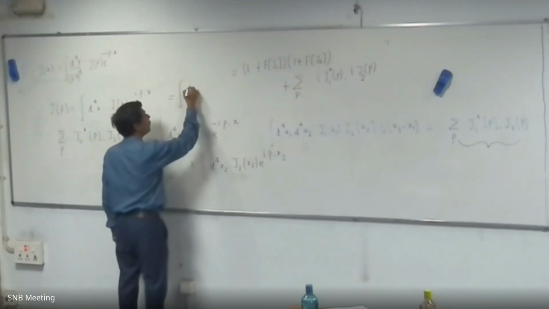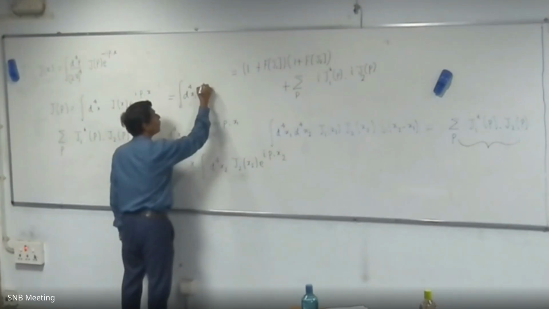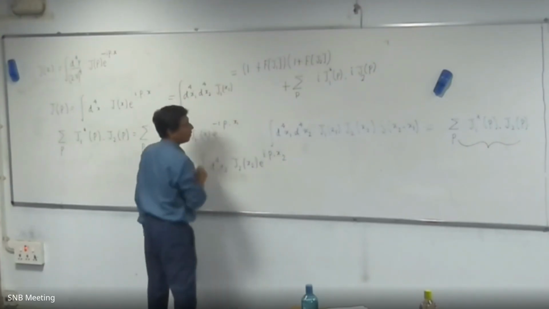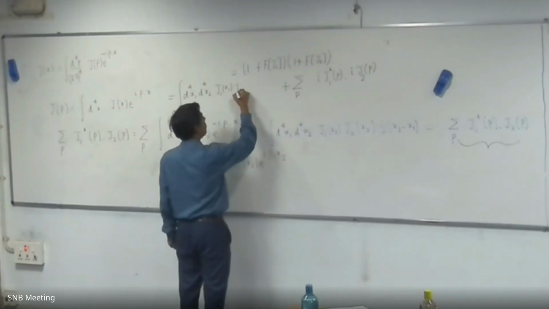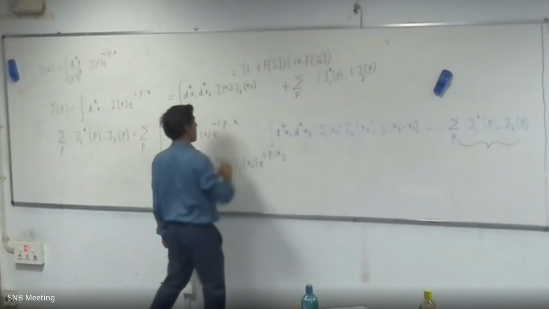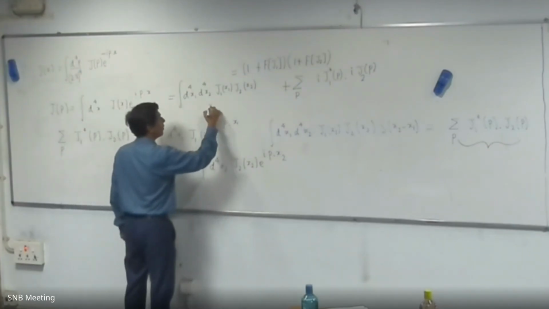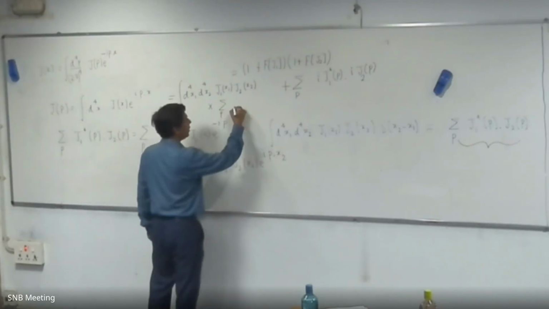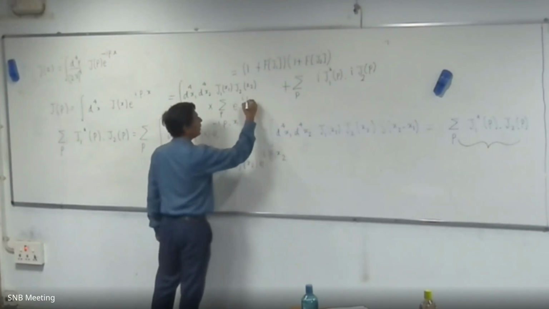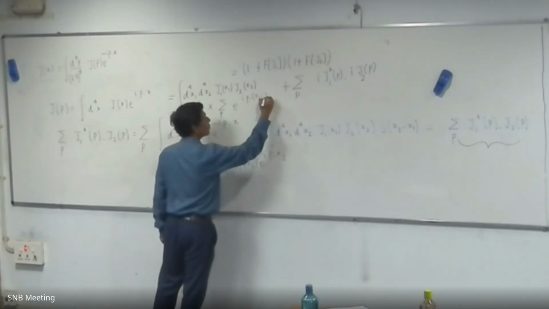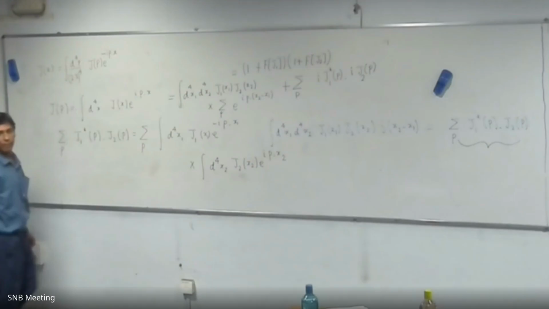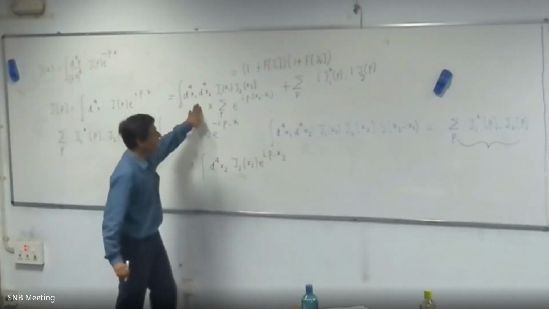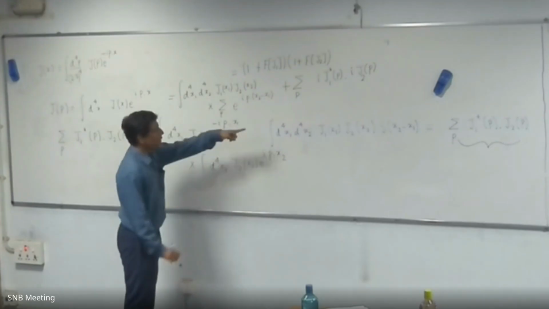integral d4 x1 d4 x2 J1 x1 J2 x2 multiplied by summation over p. I just put the sum inside, and that will give us e to the power of I p dot x2 minus x1. Is that clear? Very well. So now, if you compare this side with this side, you can determine what is the form of